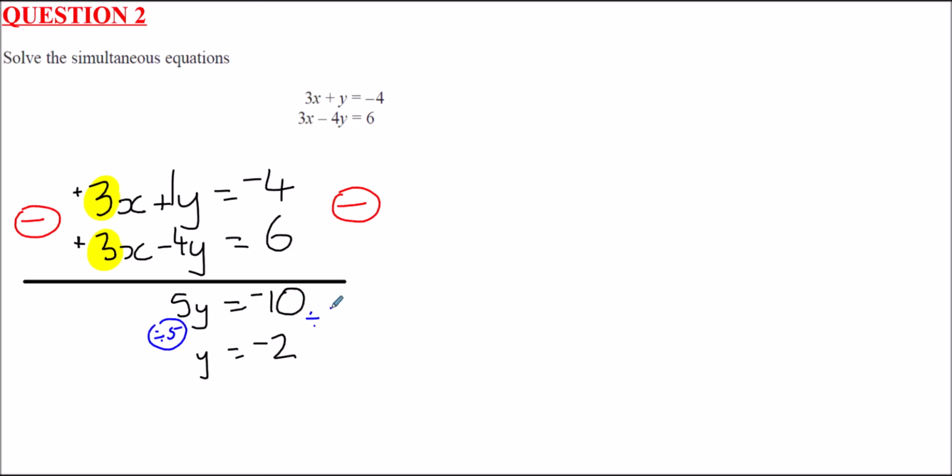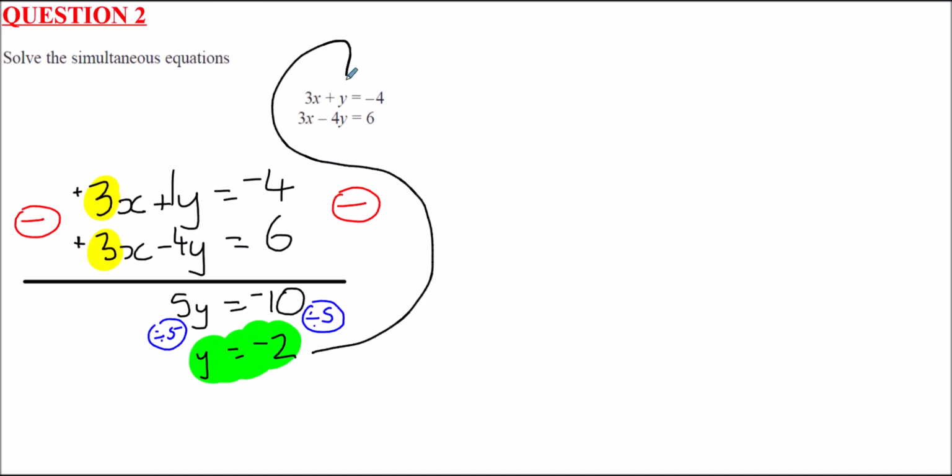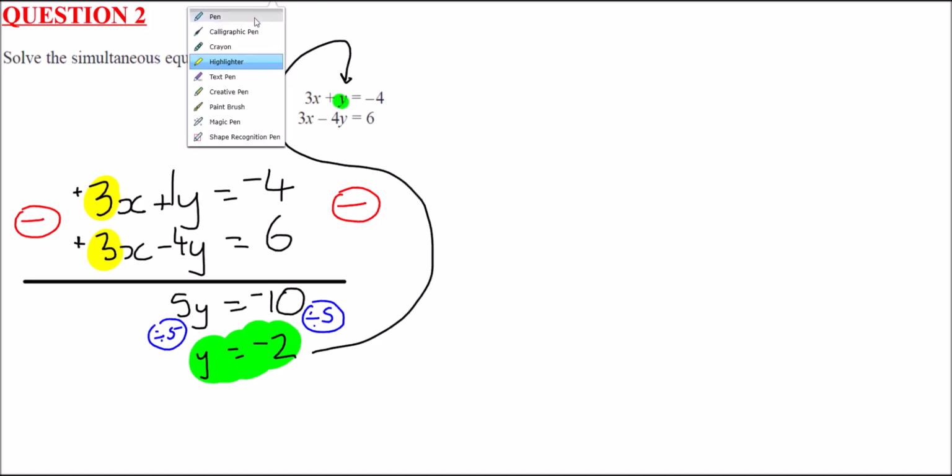Now we know that y is minus 2, we can pop that value back in to one of the initial equations. And it doesn't matter which one you want to go for, your choice entirely. The only thing I'd say is pick the easier looking equation if you can. So if y is minus 2, my suggestion would be to pop it into this one at the top, because that's just 1y, and 1y is easier to deal with than minus 4y's. So the equation at the top, which I'm going to just ring in blue,